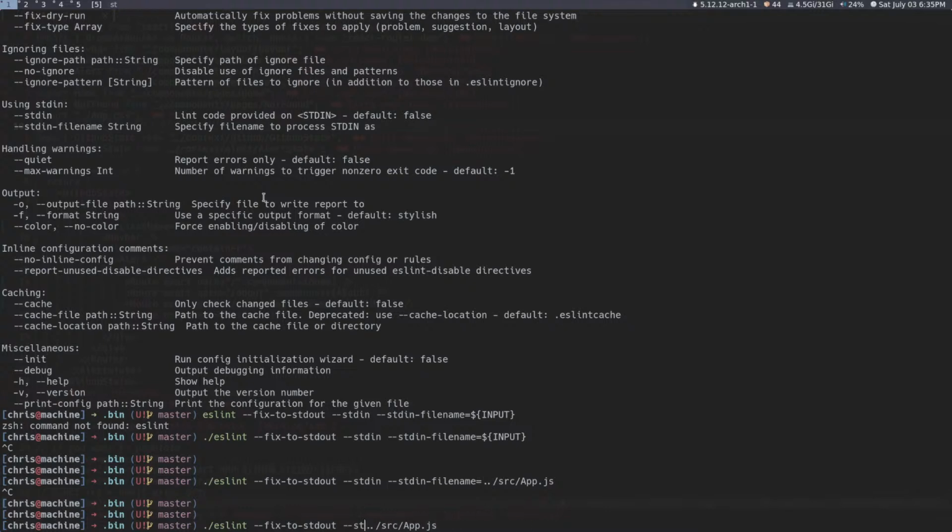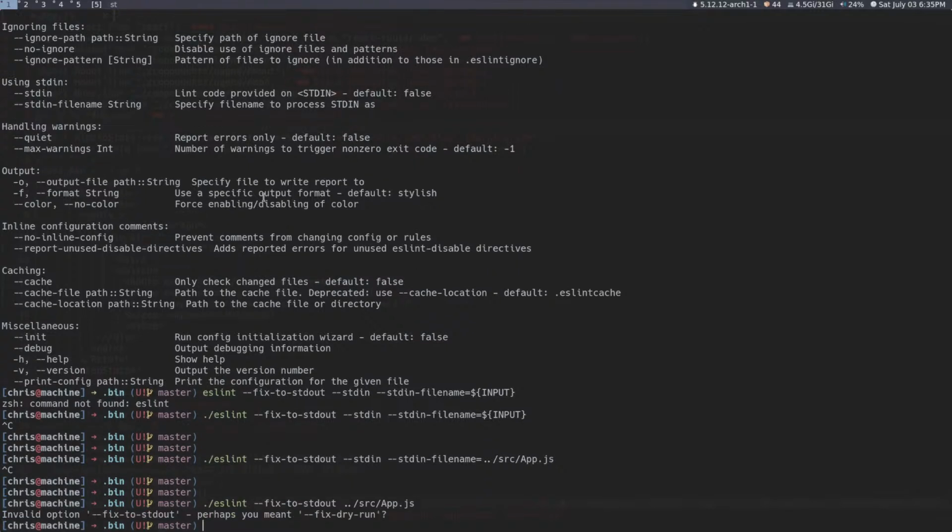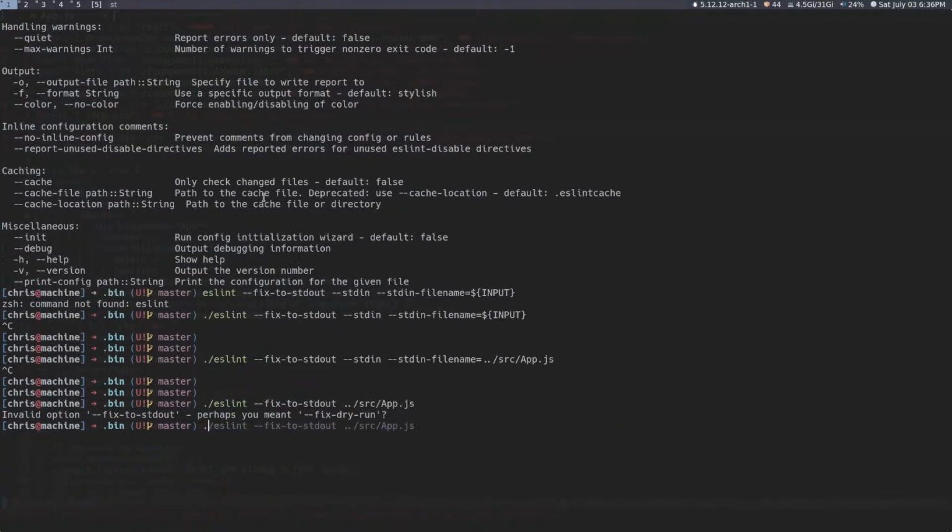So if we do this maybe. What's options for fixing actually? I think they had it up here. If we do eslint, then if I pipe the output for grep fix,